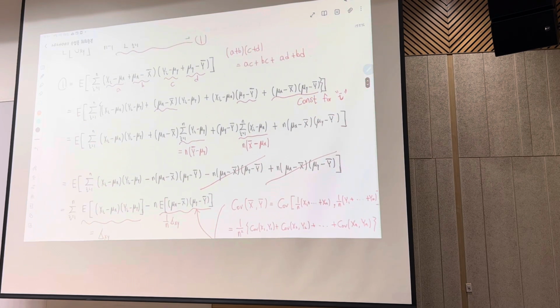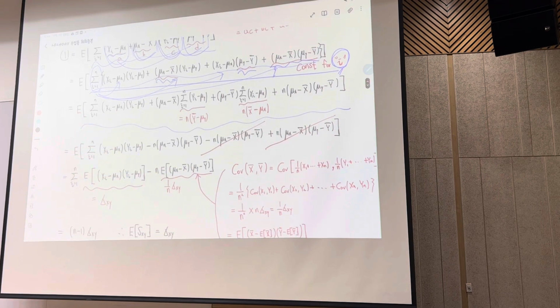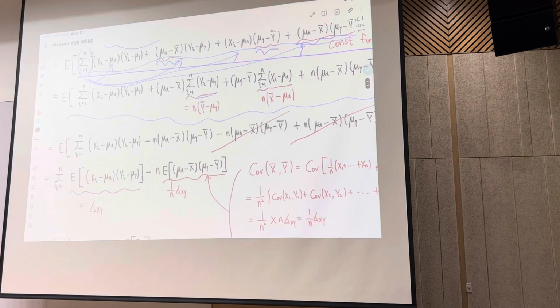Then this equation can be rewritten like this. Then this sigma term, sigma y_i is equal to n y bar. Sigma x_i is n x bar. So this sigma term can be represented